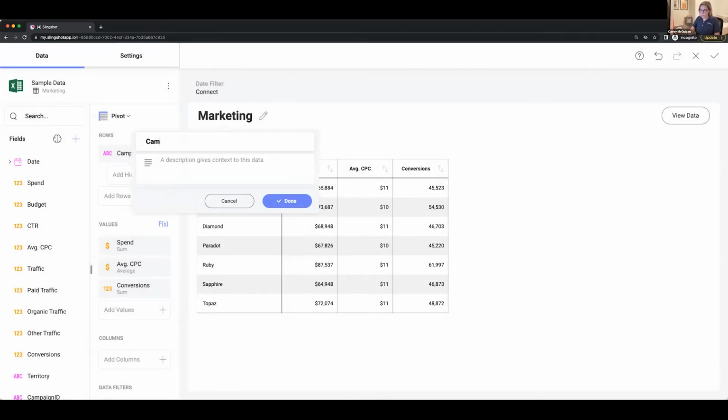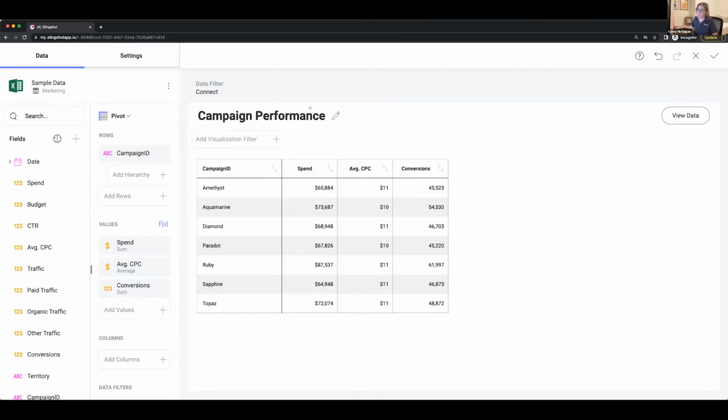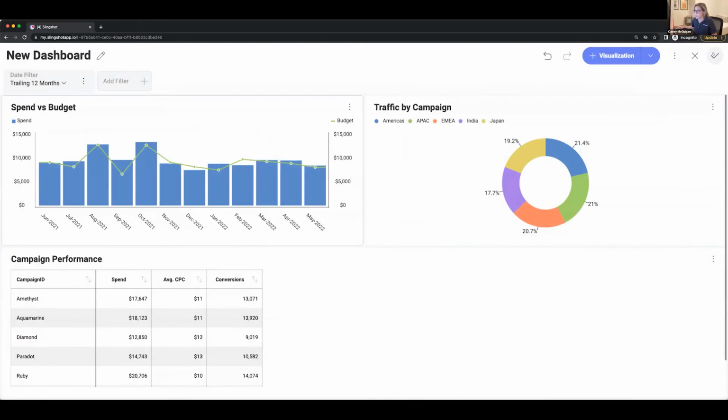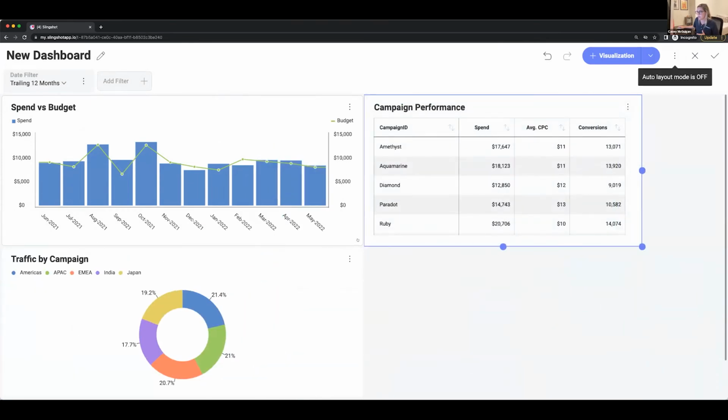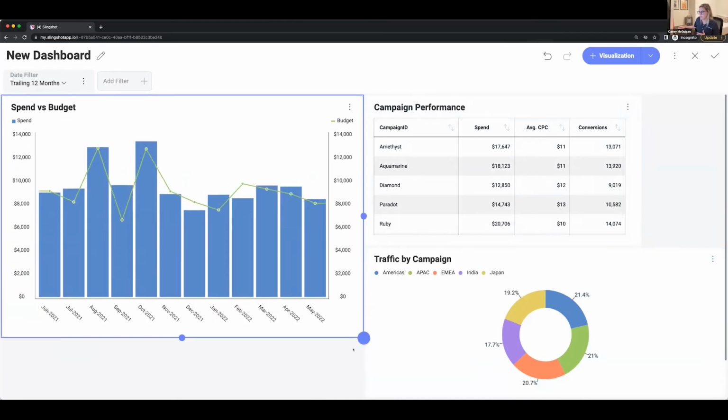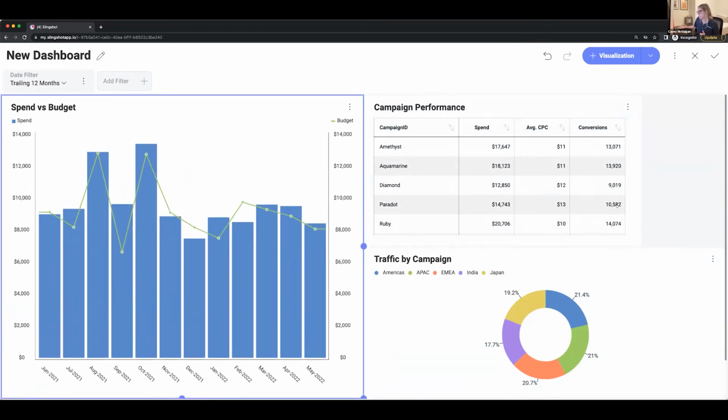And we'll do campaign performance, and I will connect it up to the filter that I'm using, and then click the check. And as I continue to add more and more different visualizations here, they will continue to be the same size, but you have full control over the size of these and the arrangement. So I'll just maybe make this like this,